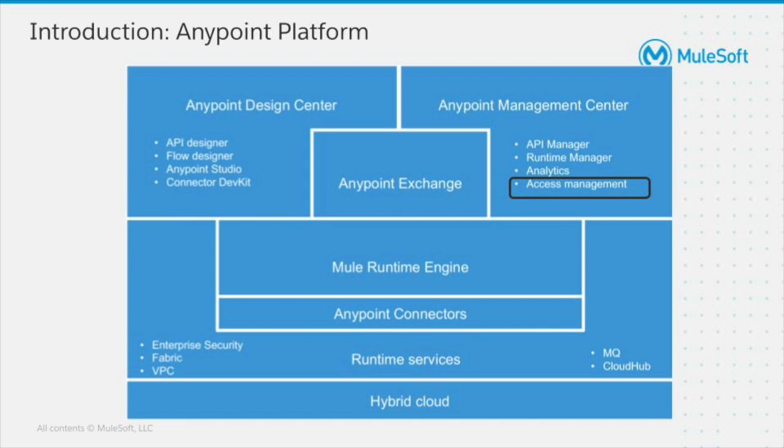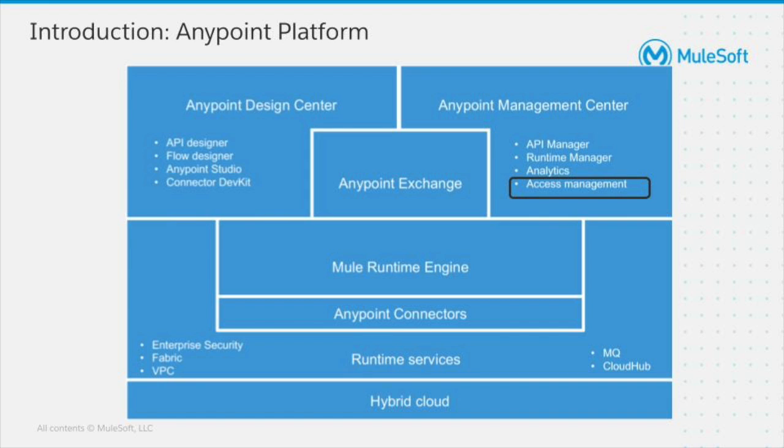You might be already aware about this, but there are 5 main components of the Anypoint platform. Design Center for building API specifications. Anypoint Management Center is where you control access to the platform, deploy and manage applications. Anypoint Exchange, which acts as central repository for sharing assets across the organization. Mule Runtime is where applications are actually running. Mule Runtime services like platform APIs, MQs, DLBs, VPCs, VPNs, etc.